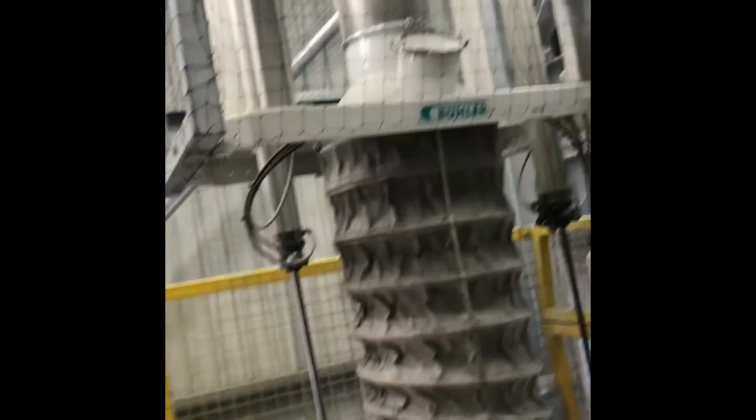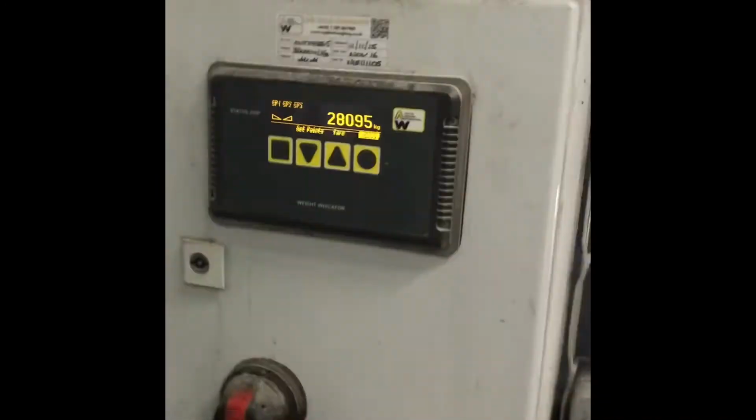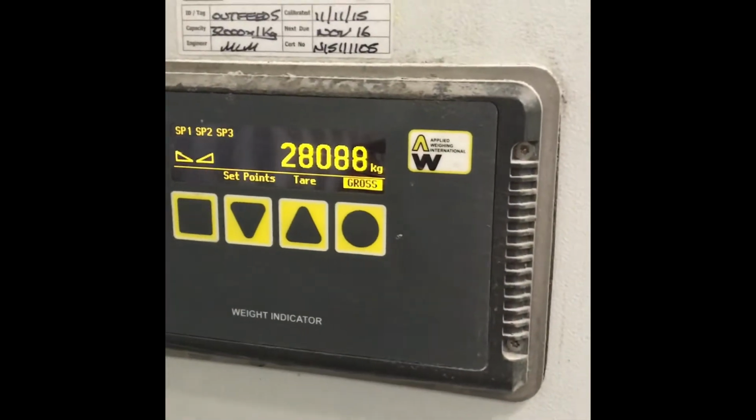We'll turn it on and wait for a flashing green light. Now what's happening is the bin up there is being filled with air, so that's pressurising that. When it hits the correct pressure, it will release that and throw it out. Now I would imagine, with the weather being like this, I'll get maybe 19 tonnes in, and then I'll